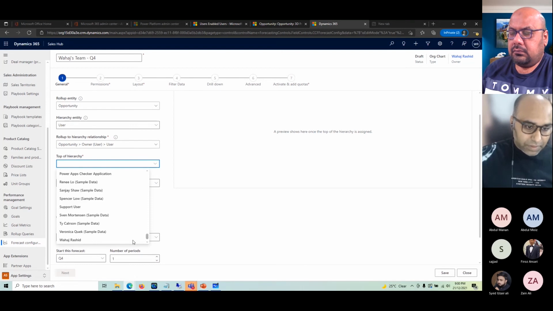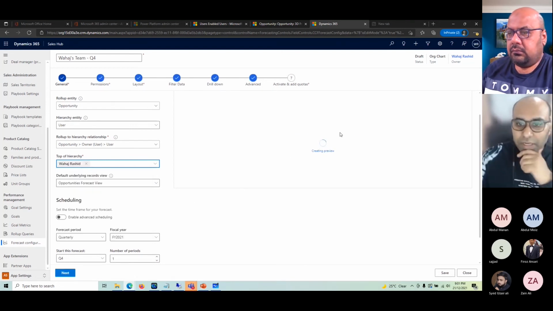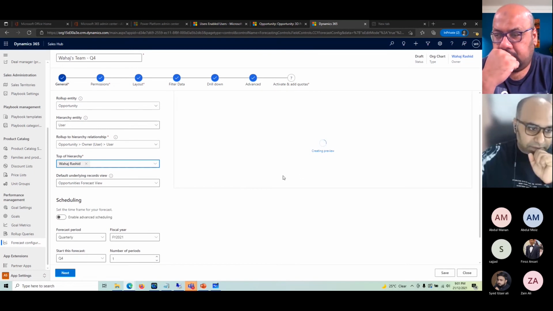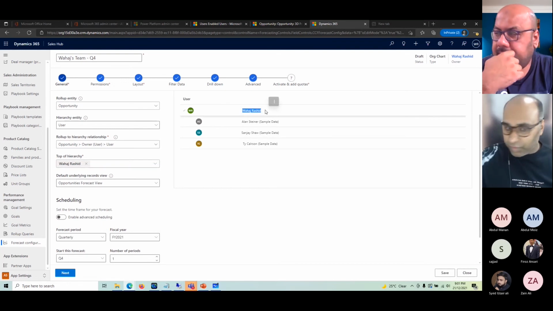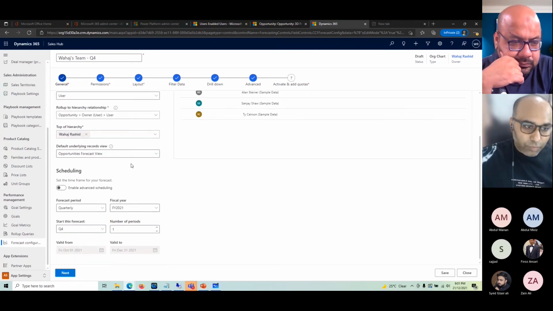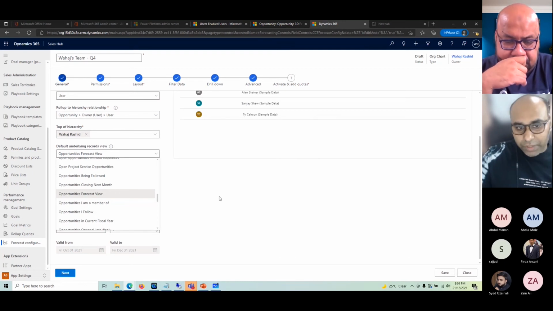So for this example, I'm going to choose myself to be on the top of the hierarchy, and it will quickly show us the preview here so we can understand it better. Okay, you can see I'm on top of the hierarchy, and then these three poor guys report to me. Okay, then we are going to select the view which represents all the fields